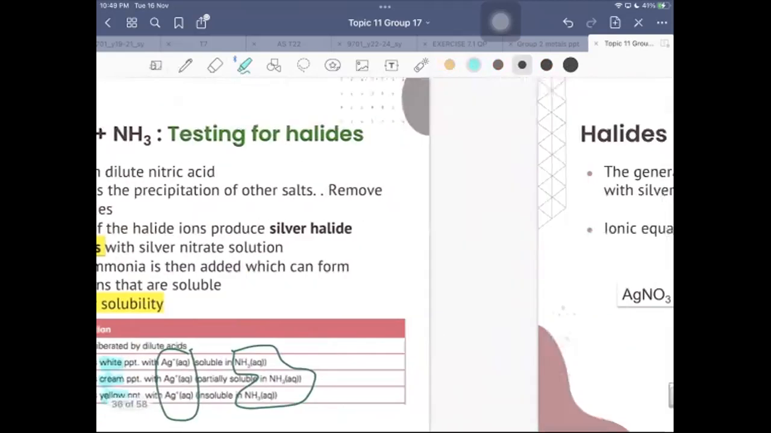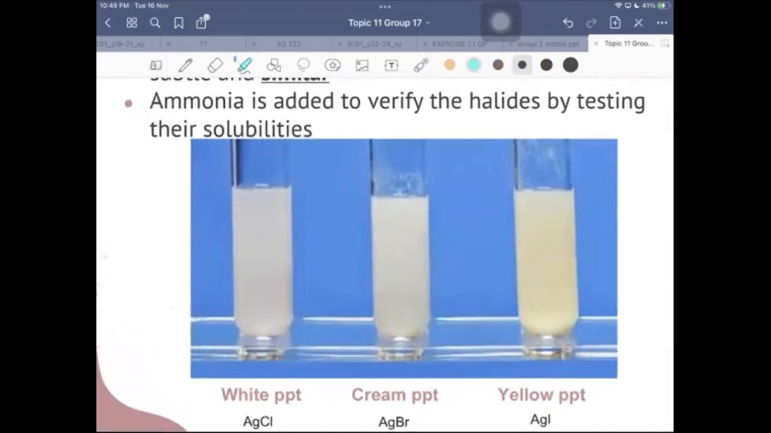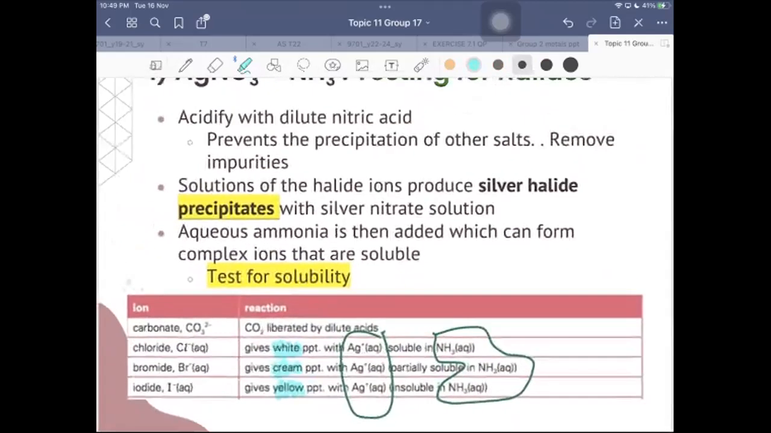Now the problem is that white, cream, yellow precipitates are usually not distinctive. They will look similar. Remember, you always ask me, Miss, is this white? Miss, is this cream? Miss, is this yellow? So they're not distinctive. That's why we ask you to do a further test, that is, adding ammonia to your test tube. Because what ammonia